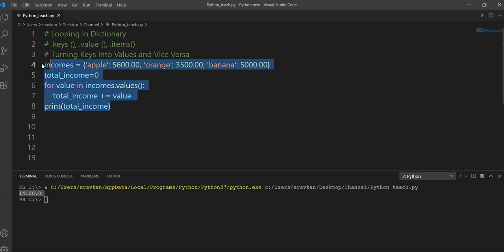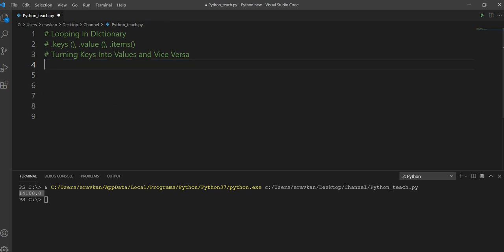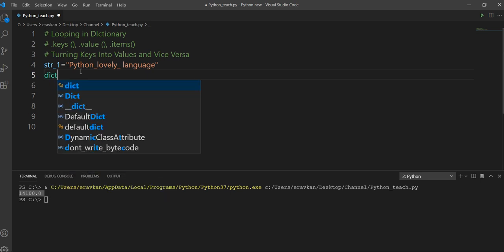Okay, one more example let me give you. Suppose you have a string like this, and you want to count the occurrences of each letter, how many times this P has occurred, Y has occurred. So I can make a separate dictionary.